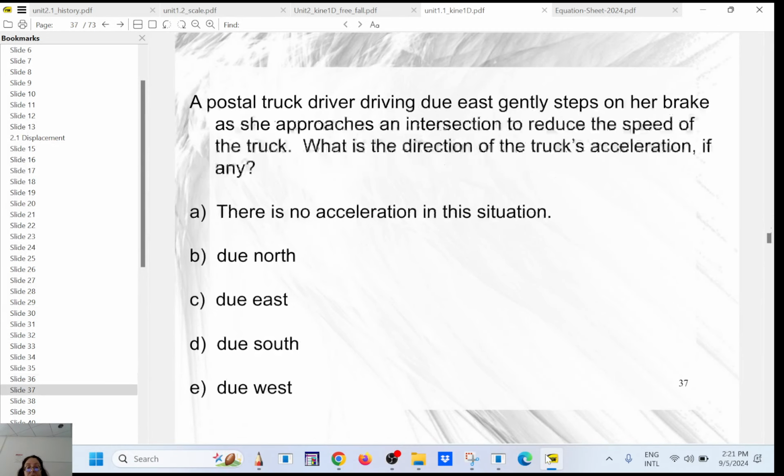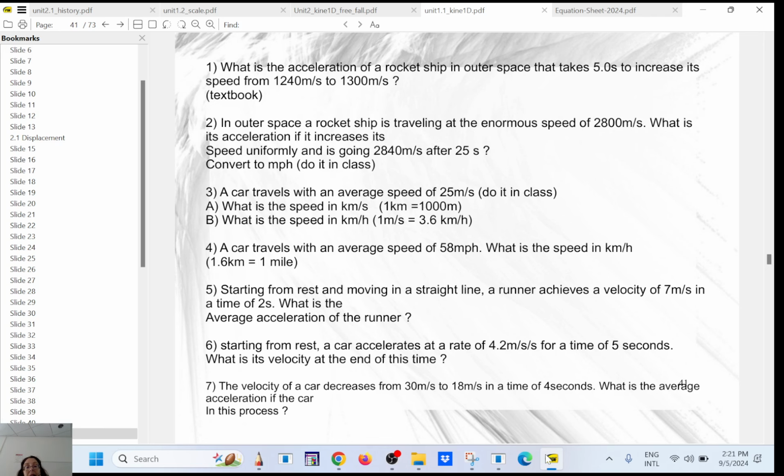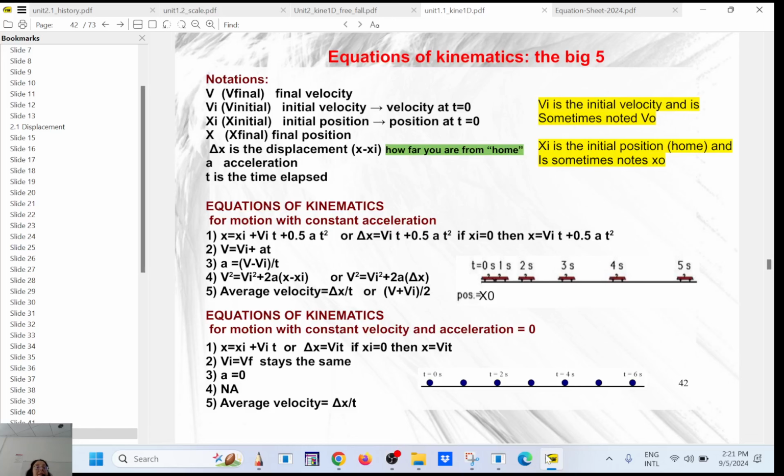Okay, so let me introduce you to the infamous kinematic equations. Okay, so first of all, you have all those physical quantities. The final velocity, so when you stop your stopwatch, initial velocity when you start your stopwatch, initial position, where you are on the number line when you start your stopwatch, the final position, where you are on the number line when you stop the stopwatch, the displacement, okay, it's a vector, how far did you go and which way,